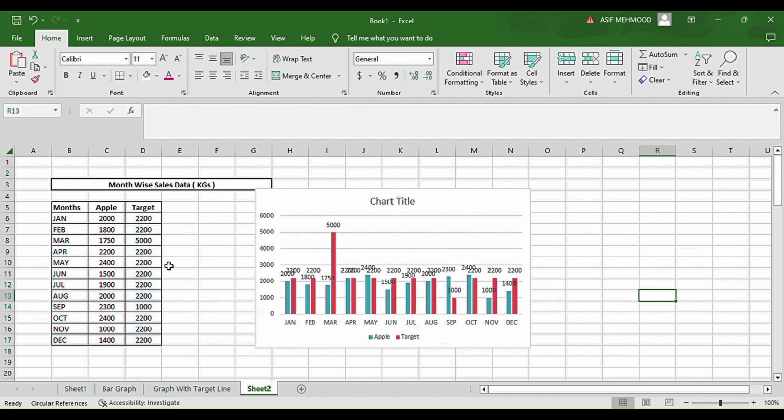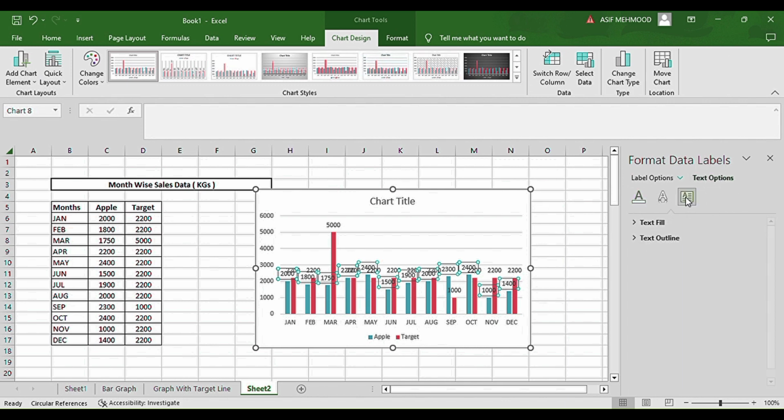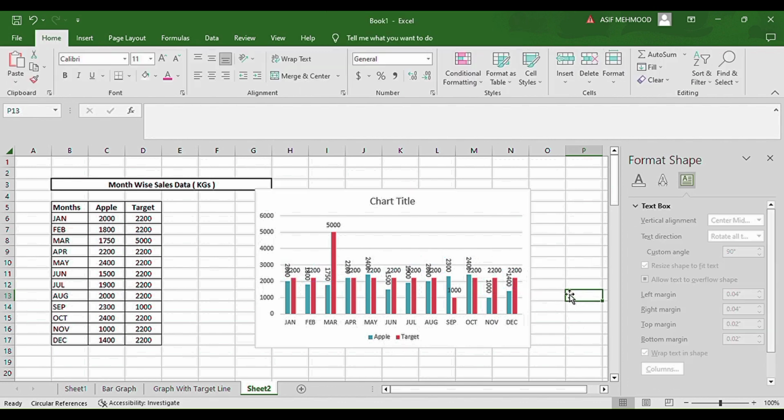Now you can say this is very complex data. We can more clarify it by rotating the direction of this text. First I can select one figure, double click, and here text option, select rotation, rotate it, and now in the same way second data I can select any figure